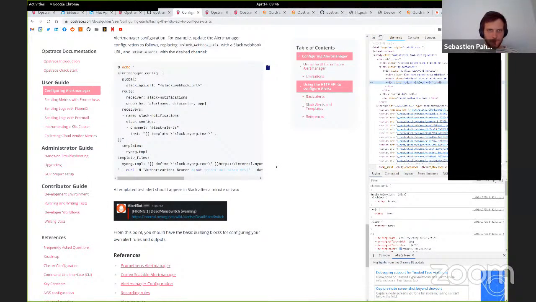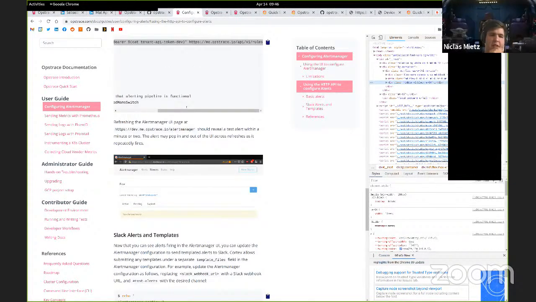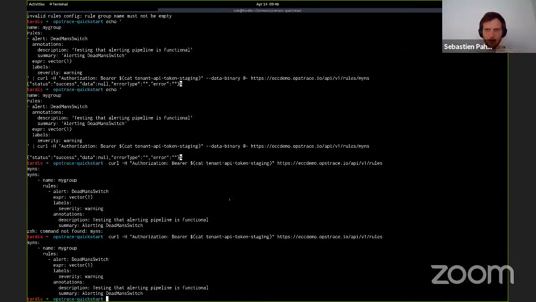Let's see. Did we use the correct Alert Manager instance? That's what I'm checking. That's one of the things with it. Which tokens? I sent staging token, staging token.